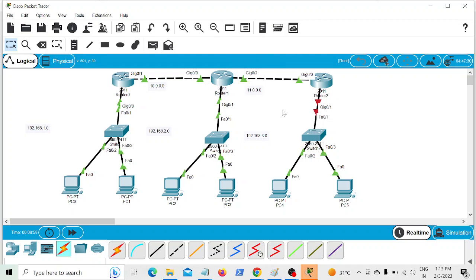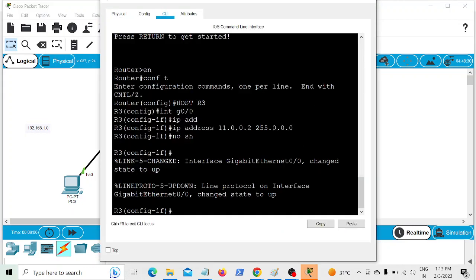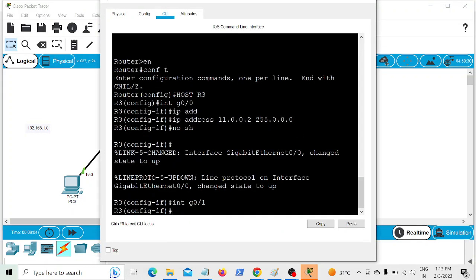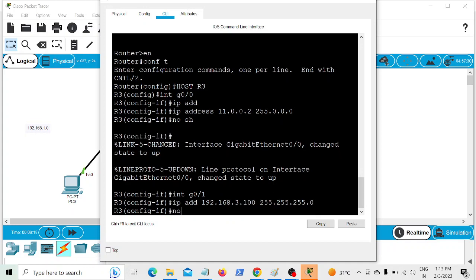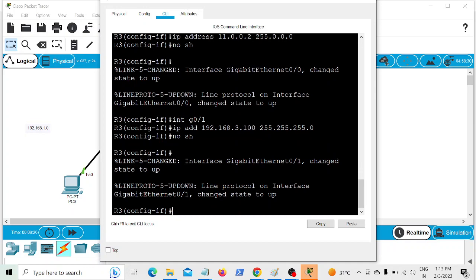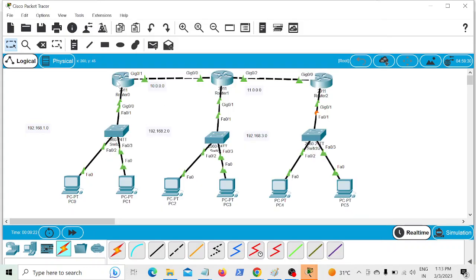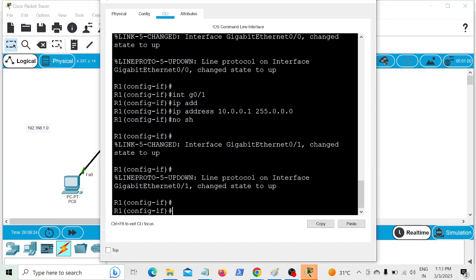So now you can see that the red color changed to green because it changed from the down state to the up state. So the last interface is Gig 0/1. So I'll configure interface G0/1, and its IP address is 192.168.3.100, and subnet mask is 255.255.255.0, and no shutdown. Now the link changed to up state. So we can go verify the commands using